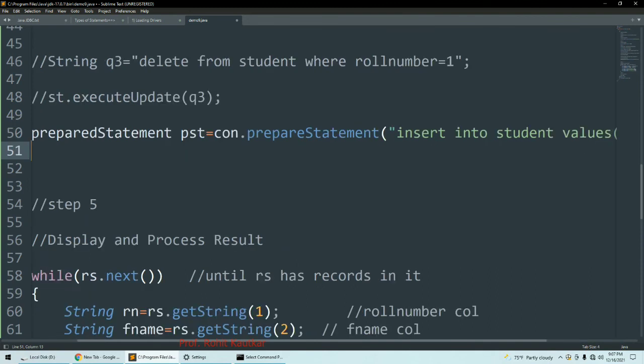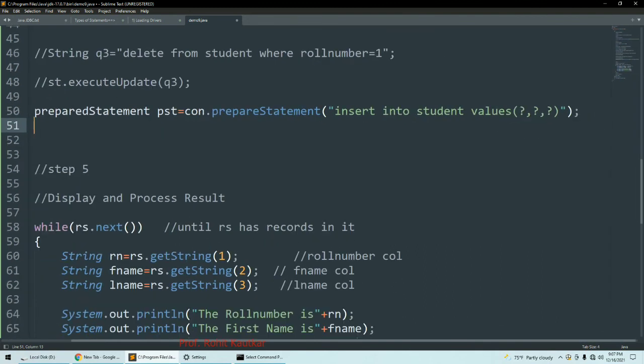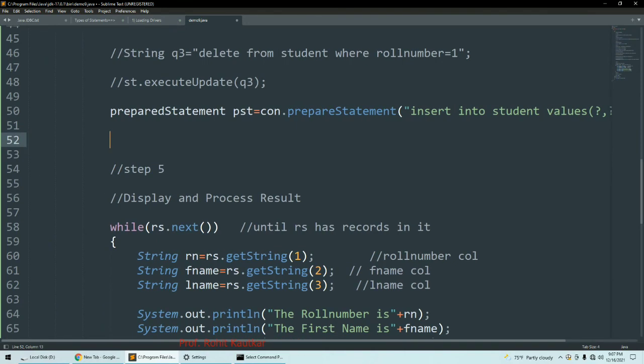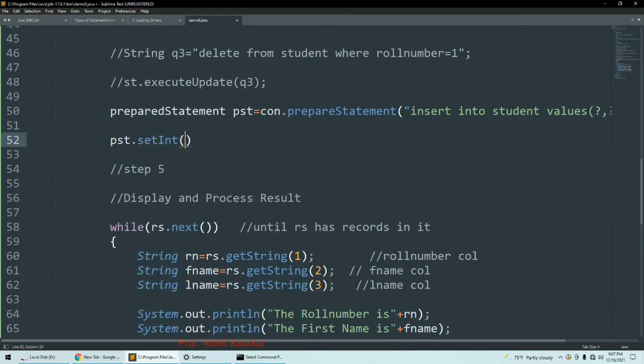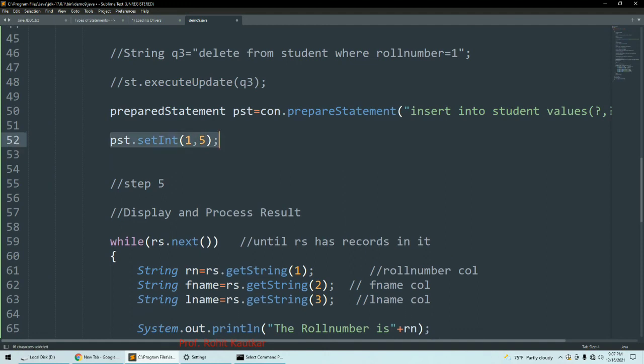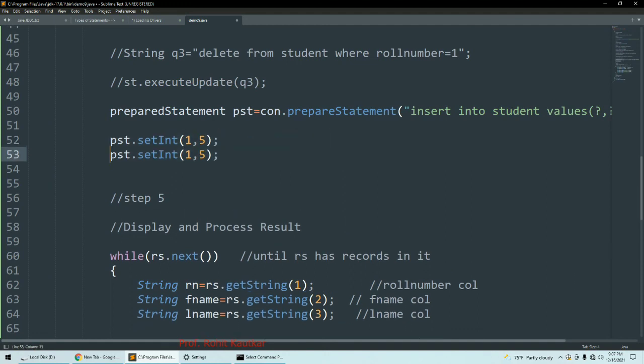Now to set parameters for this query, I will write PST dot setInt. What is my first value? 1 comma, let's say roll number is 5. Now I will duplicate this, and here I will use the setString method, as the other columns are string variables.